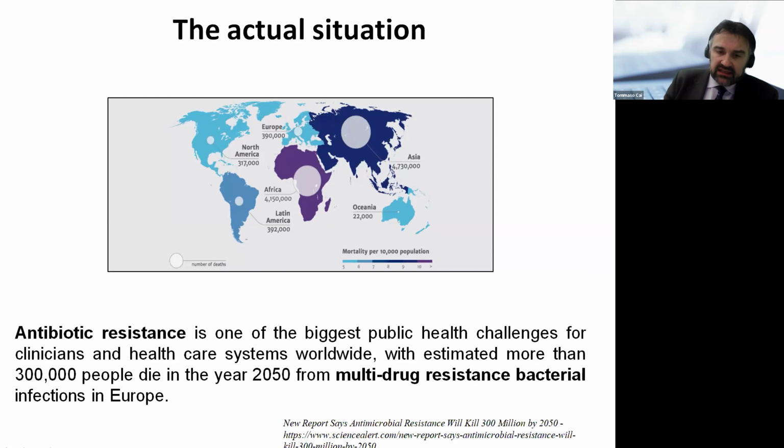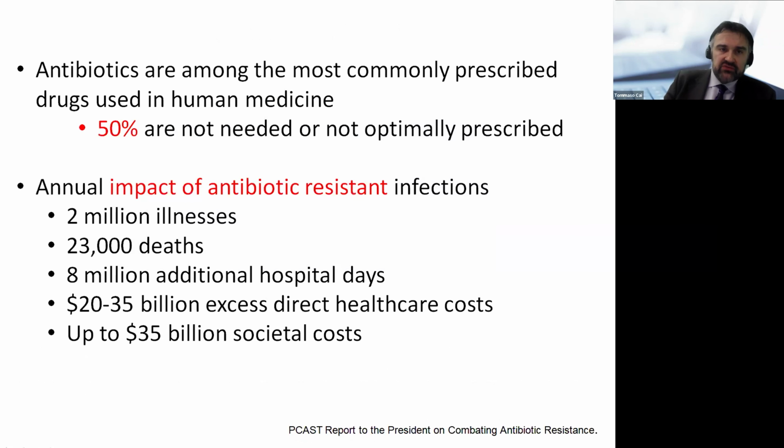This is very important to take into account because now we are able to change the natural history of antimicrobial resistance, but this is also the time to change our point of view and our clinical practice. As we all know, antibiotics are the most commonly prescribed drug, but more than half of them are not needed or not optimally prescribed. Fluoroquinolone, for example, is used for antibiotic prophylaxis in ambulatory cystoscopy, or in some other setting in which the treatment is not indicated,